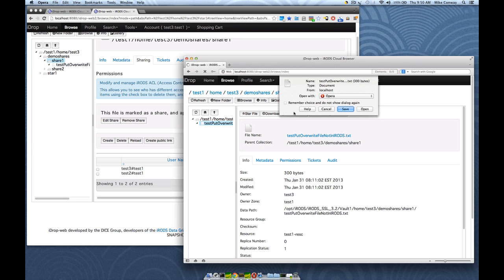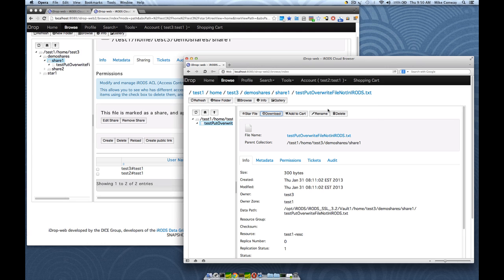Okay, so the reason for the share is, again, it's still powered by the iRODS ACL system, and we were looking at how to show, if I'm a user, what's shared with me or what am I sharing with another user. And the problem becomes when these collections get really large and they're deeply nested and they have lots of files, it gets really hard to sort of convey to a user what exactly is being shared. And so giving it the special tag can group a collection as being a share,